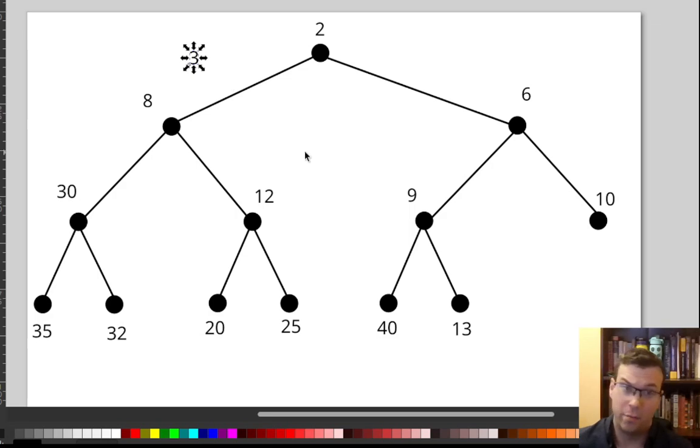And I can do that now because arrays are random access. I can jump anywhere in this tree in constant time and work from there. So you remember the way that the tree is laid out, the last element in the bottom level is going to be the last element in the array. What I want to do is actually add this new element at the end of the array. So it's going to be right after the last element in the bottom level. So I'm going to add it there